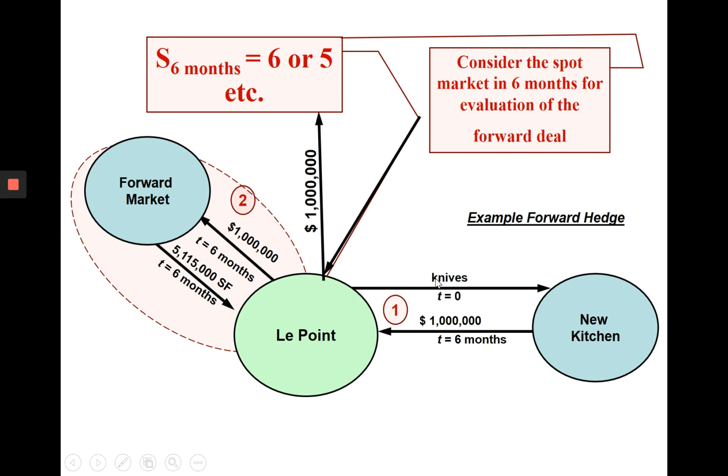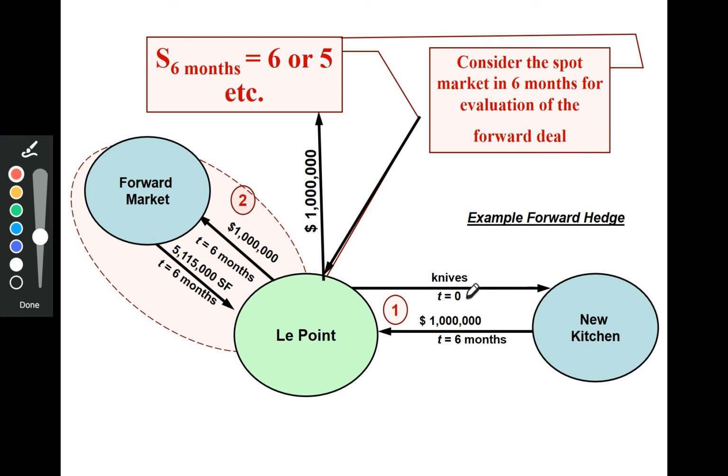The Swiss firm sends the product, and under this arrow it says T equals 0, at time 0. At T equals 0, the knives go from Switzerland to the US. At T equals 6 months, 6 months from now,